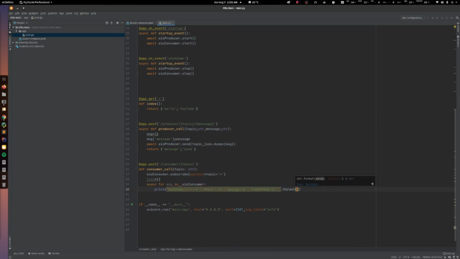And here I just need to pass first topic, so message dot topic, then message dot value, and then message dot timestamp.